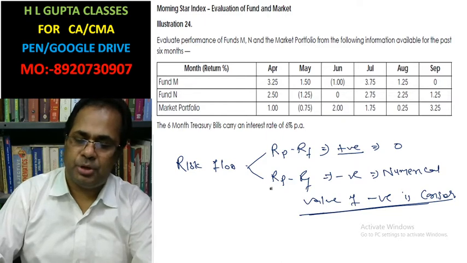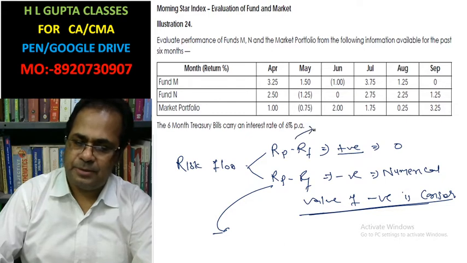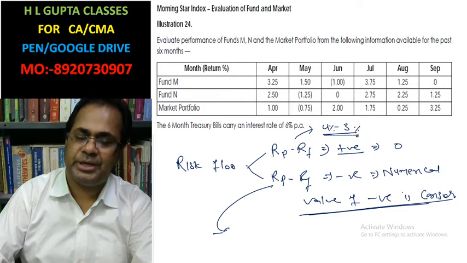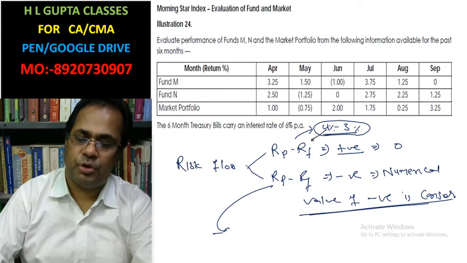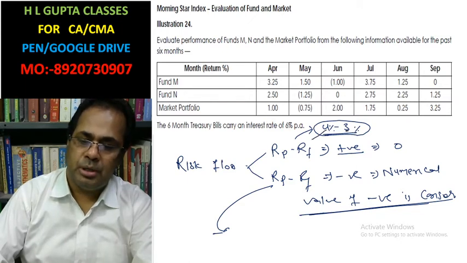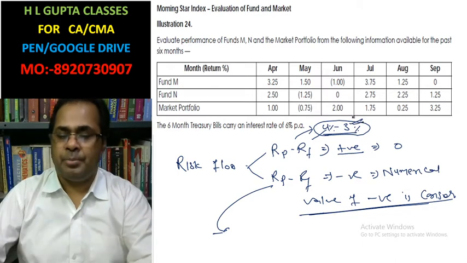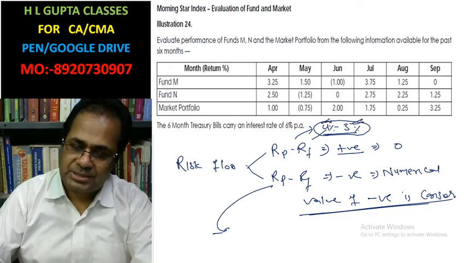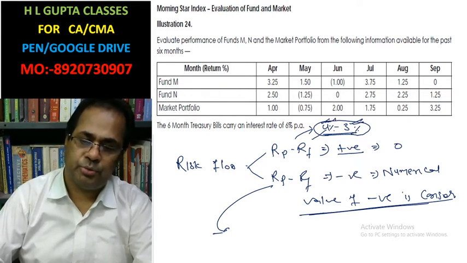Why? Suppose 4% is your portfolio return and 3% is your risk free return. In this case you don't have any loss due to investment in the portfolio, because you had the opportunity of investing at 3% without any risk. But right now you are earning 4%, you have taken risk but no loss due to risk.